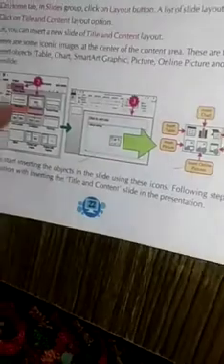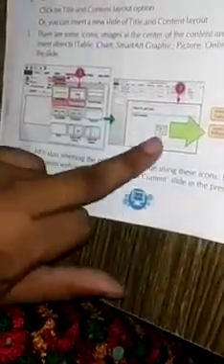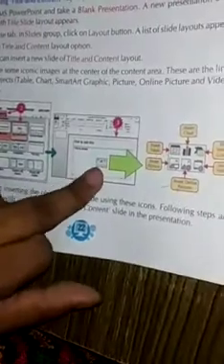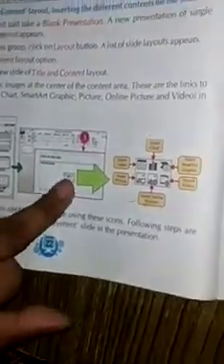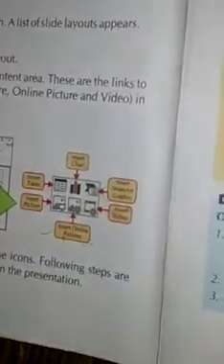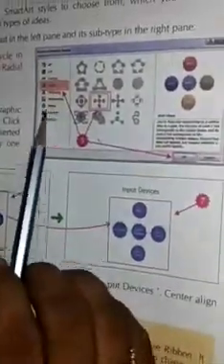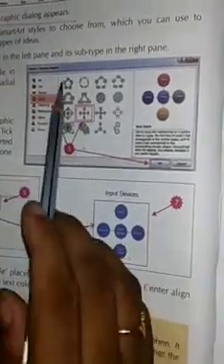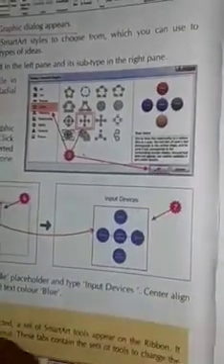See, same here. To insert smart art graphics, click on the home, then layout, then slide layout, then title and content. Then this is the title and content slide layout, and click on the smart art graphics. This is the icon of the smart art graphics. Double click on this. Then this dialog box will be provided, and choose cycle or any list, any kind of option. Then click on sub option and click on the OK button. Then smart art graphics added in your slide.